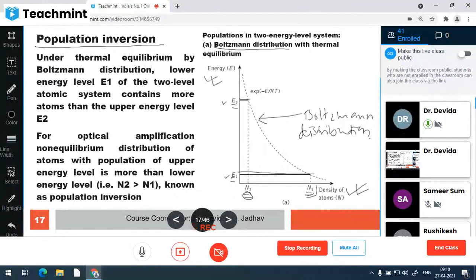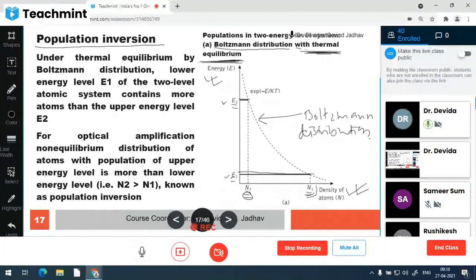And this is at thermal equilibrium. So in the name of this figure, it is given thermal equilibrium. It is in thermal equilibrium. So this is equilibrium state, stable state. Normally a material, a semiconductor crystal, is like this. If you take any semiconductor crystal, normally it is in thermal equilibrium like this.